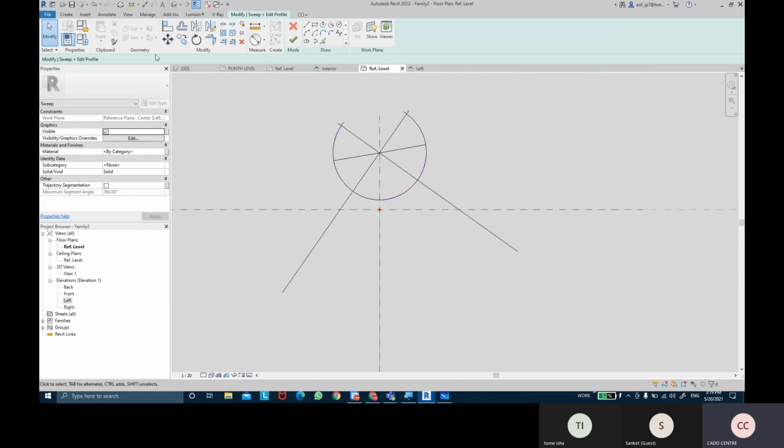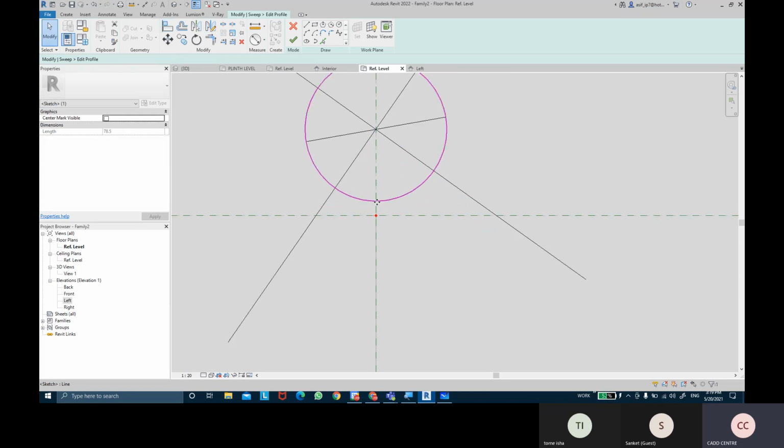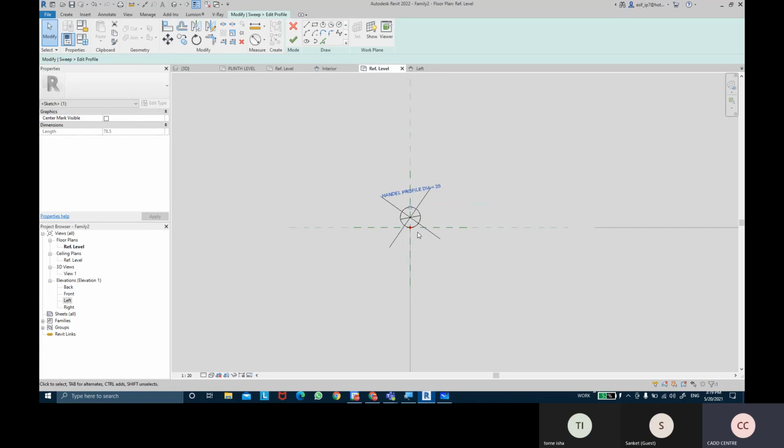Now it seems it has misaligned somewhere, so you can once again align it, or you can lock its position so that it doesn't move from there.